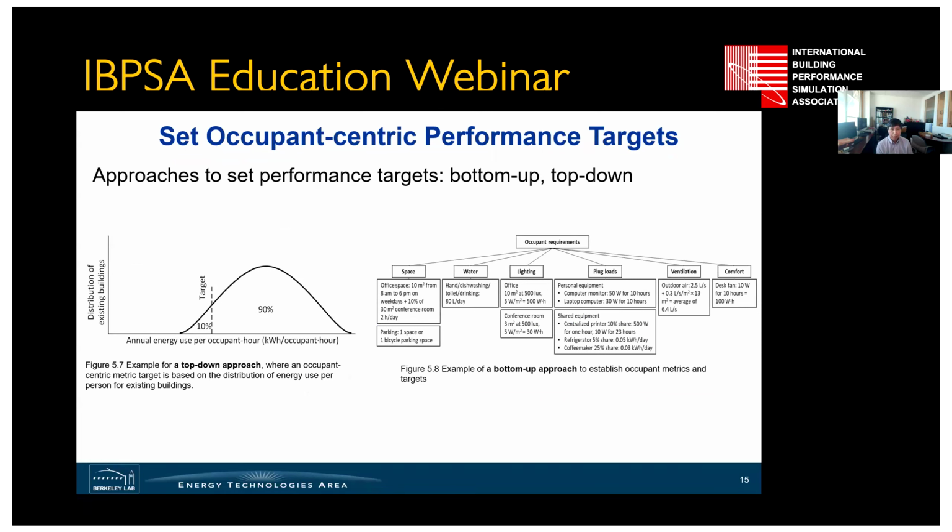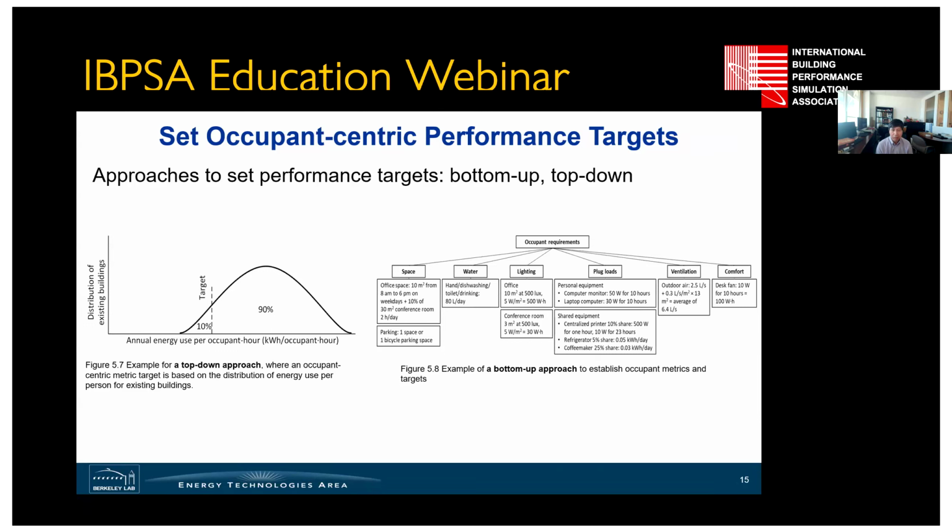So this is probably the last topic I'm going to cover for this chapter. We talked about performance metrics, and we talked about methods to calculate the metrics. Now there's a question about how we can set different thresholds or levels of those KPIs, and what are the bases? There are two approaches, and this section was written by Liam. The first is a top-down approach.